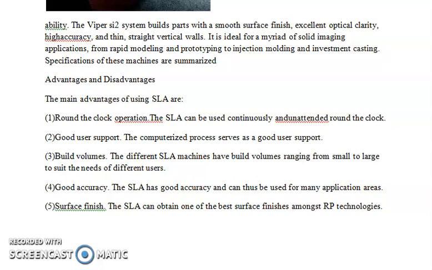Build volumes: the different SLA machines have build volumes ranging from small to large to suit the needs of different users. Then good accuracy: the SLA has good accuracy and can thus be used for many application areas. Then surface finish: the SLA can obtain one of the best surface finishes among RP technologies.